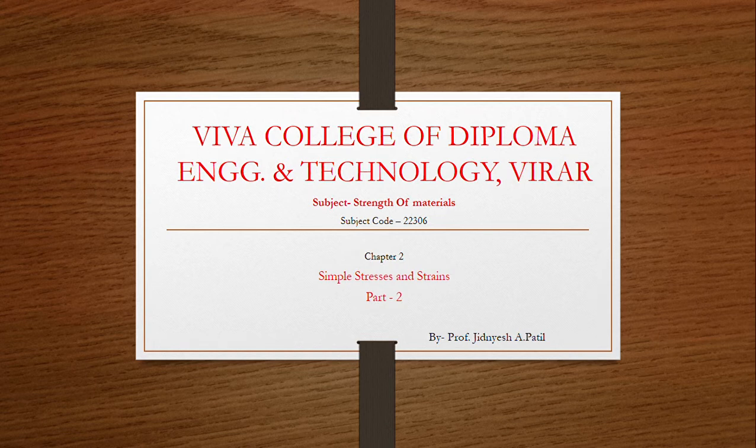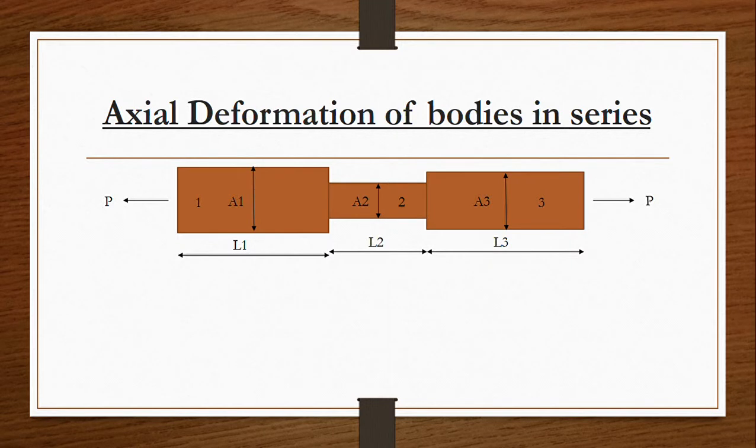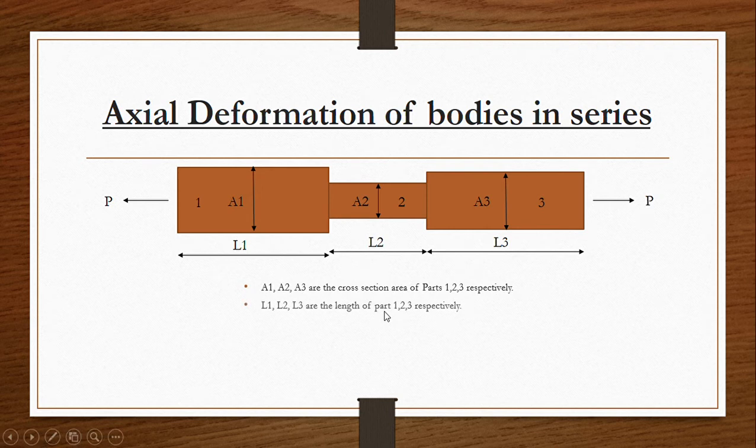So let's start. As you can see in the figure, a metal bar of varying cross-section areas A1, A2 and A3 is subjected to the axial pull P, and the lengths of the bodies are L1, L2 and L3 respectively. Similarly, the modulus of elasticity is denoted by E and the axial force is P. So we know the deflection, that is the change in length in a single individual part, will be delta L, that is P into L divided by A into E. So the total deflection in the body will be delta L1, delta L2 and delta L3, that is P into L divided by A into E for each section, and the summation of all these deflections will be the total deflection in the body.